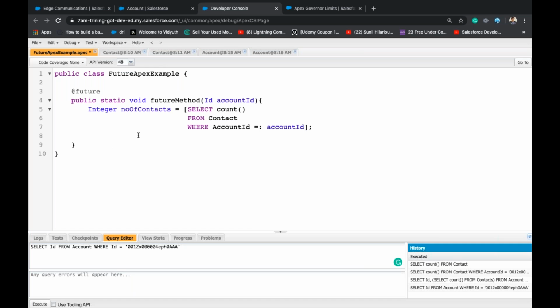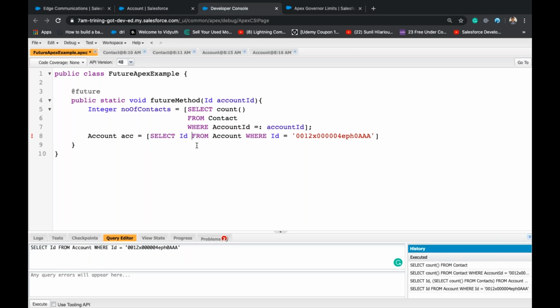So account ACC is equal to, I'll write this query, ID from account where ID is equal to, I'll copy paste this.